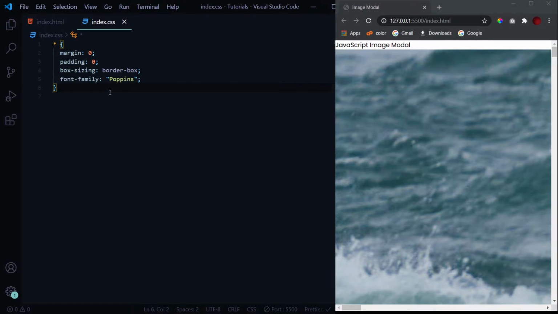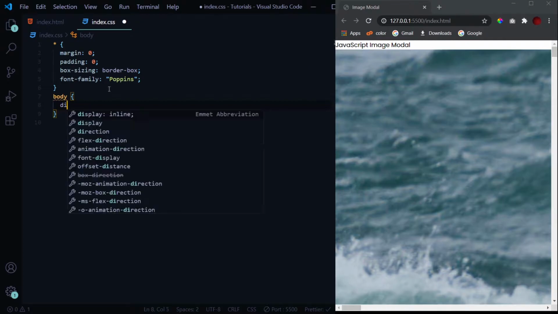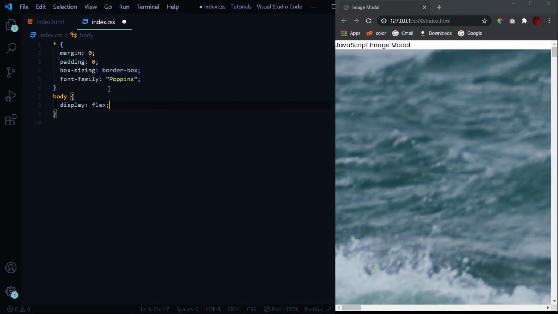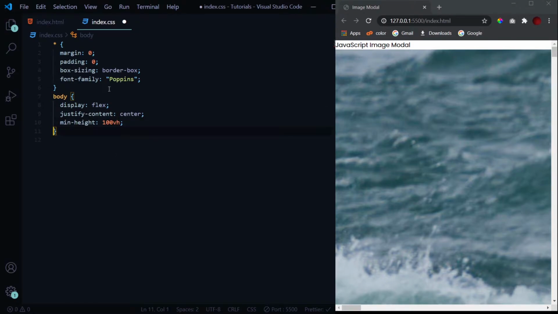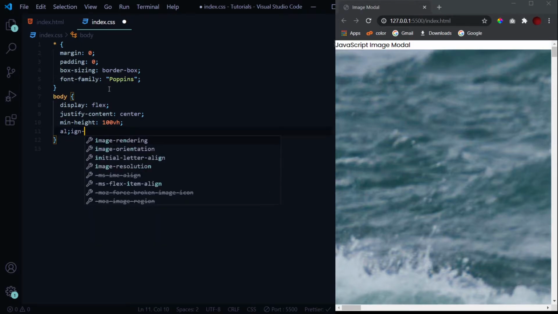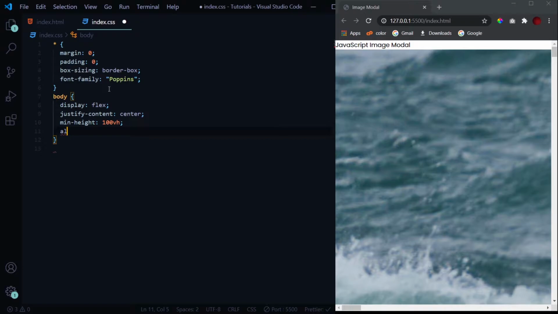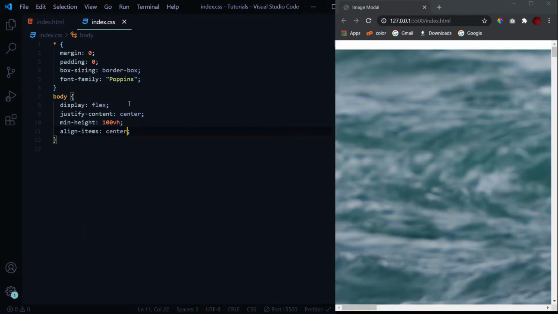Now we have got all of this applied. Now we will align everything to the exact middle of the page. So for that we will give the body a display of flex, a justify content of center, min height of 100vh, and an align items of center. Oh, spelling mistake over here, align items center. Yeah, so since the